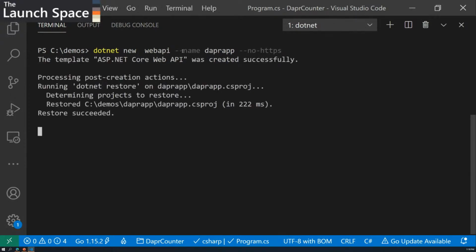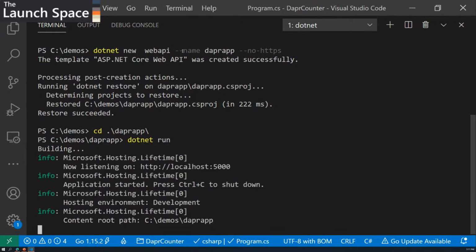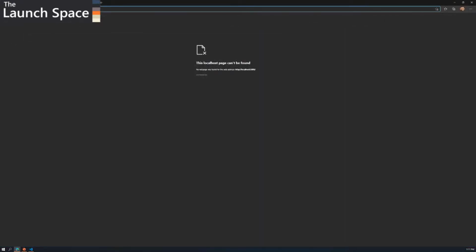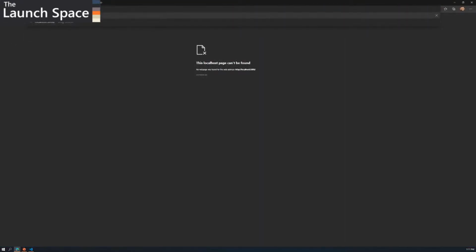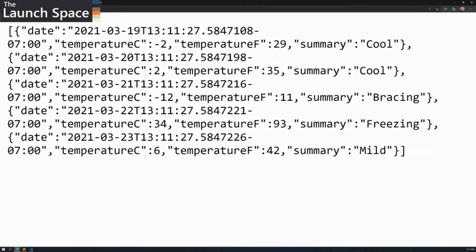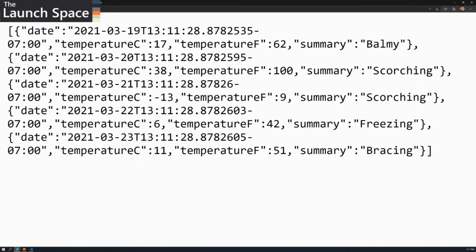So what does this do? This creates a directory for me. If I cd into this directory, I can now do dotnet run, and just as you expect, it's going to build and run this .NET web application. I'm sure you've done this before yourself. Once this gets built, you see it creates a URL. If I open up this URL in my browser, you'll see that I can call the weather forecast endpoint. If I zoom in a little bit, you'll see that I can generate new weather forecast summaries. This is just a standard new .NET application.